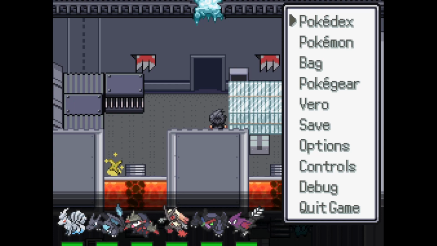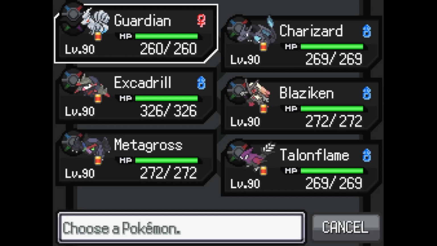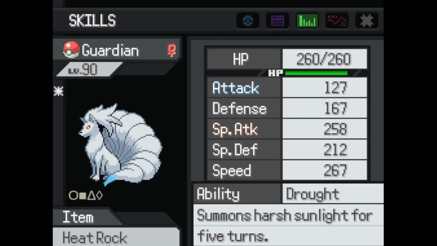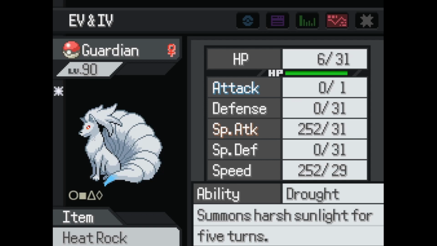So I'm just going to quickly discuss what my team is that I've prepared. There are 3 new members, a Ninetales, a Charizard, and an Excadrill. So this Ninetales here is holding a Heat Rock, and it's the Ninetales or Vulpix we received all the way back at the Agate checkpoint. As for what this Ninetales has, it is Modest Nature with Drought, and its IVs and EVs are as